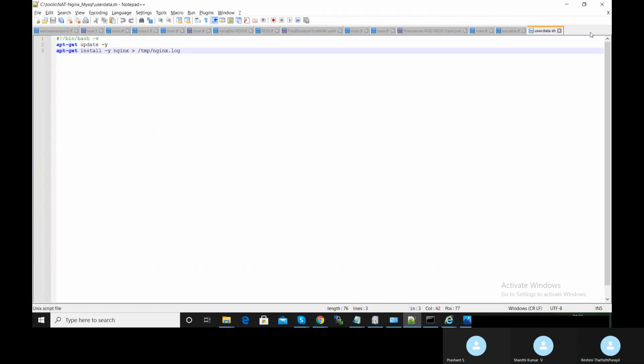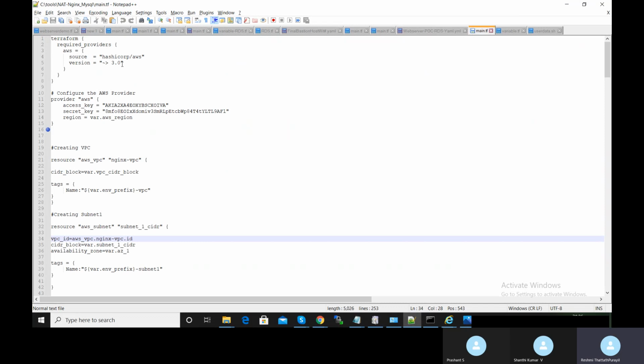Okay. So Terraform code, I'm doing the same setup. AWS provider, and this is the version. Then my IAM user ID and password, and the region I'm declaring as a variable, so that I can change for multiple regions. I can try with the same code with more convenience. So that I'll explain in the variable. So region is